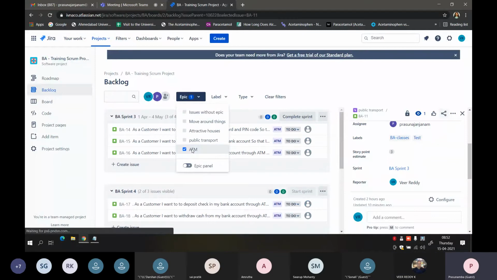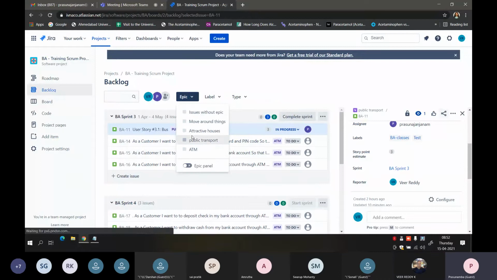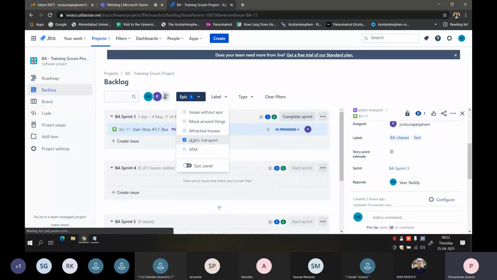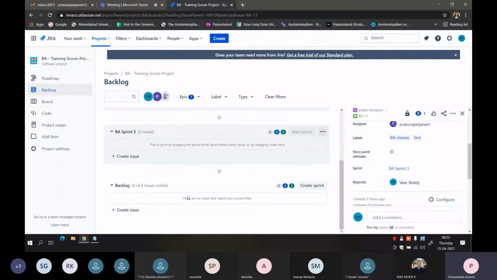If I select only ATM, the stories related to the epic ATM are present in sprint 3 and also in sprint 4. If I go to public transport, this is present only in sprint 3. In sprint 4, there are no issues related to this epic. That is why it is showing empty.